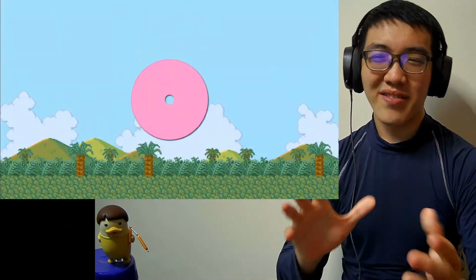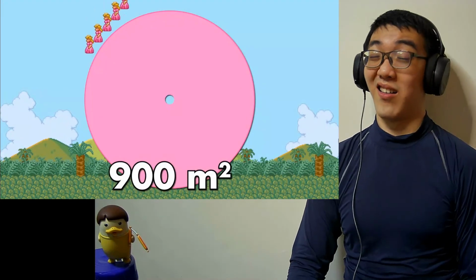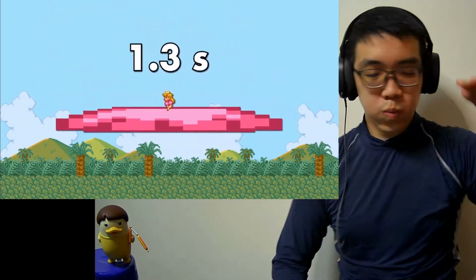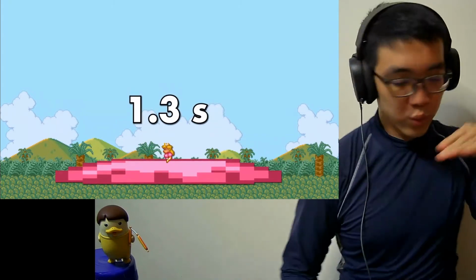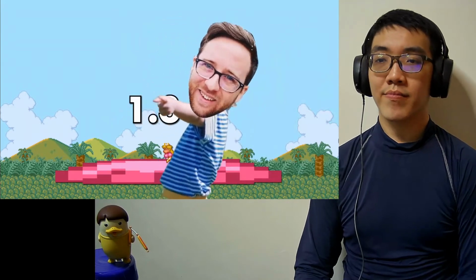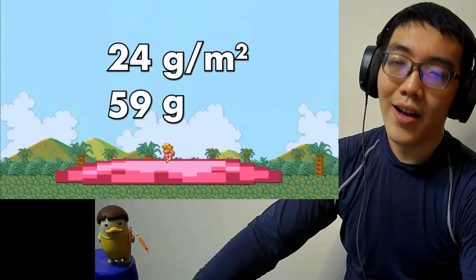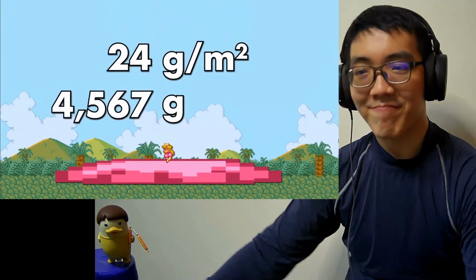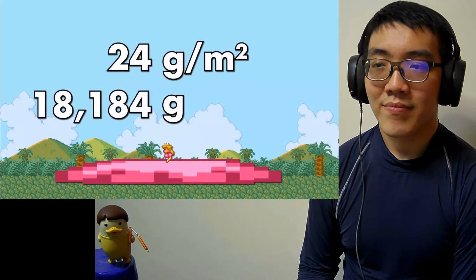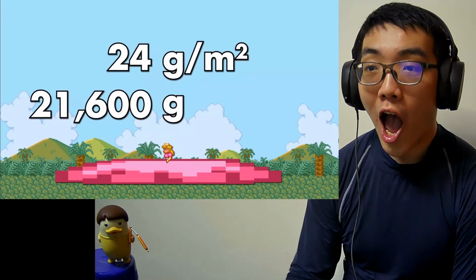You see, if we make the surface area bigger, approximately 900 square meters, which is pretty big, it's almost 20 Peaches wide, we can actually make it so when the chute opens, Peach does indeed float to the ground in about 1.3 seconds like we want. Unfortunately, this is where fabric weight actually starts to come into play. That 24 grams per square meter really adds up when you start adding zeros to your fabric area. This means our skirt, which weighed almost nothing before, now weighs over 21 kilograms, 1/3 the mass of Peach, and